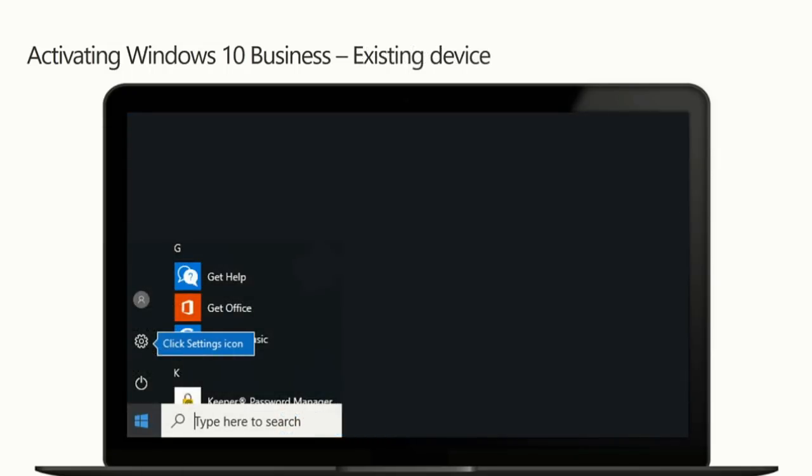Now let's say you already have a Windows 10 device that has the Creators Update, and now you've secured the subscription or the license. At this point, all you need to do is just attach the device, just join the device to AAD. How do you do it? You go to System Settings,